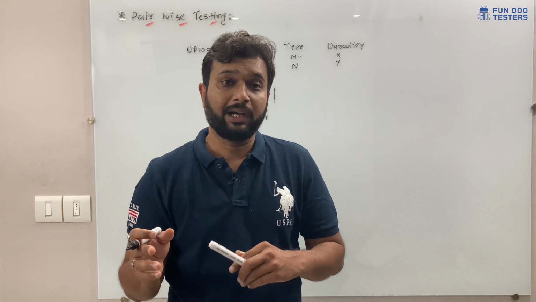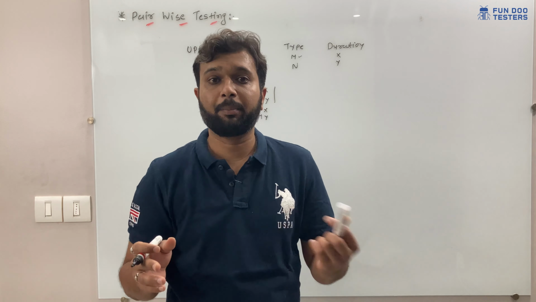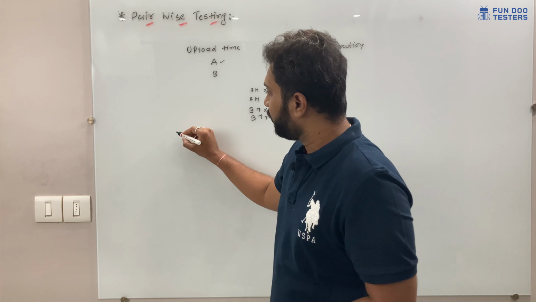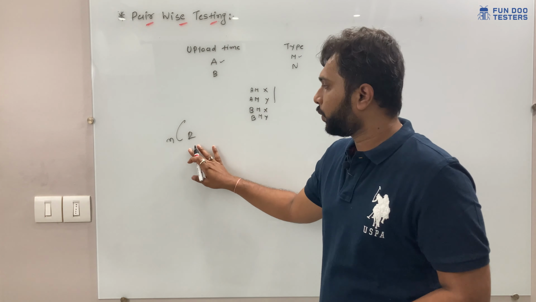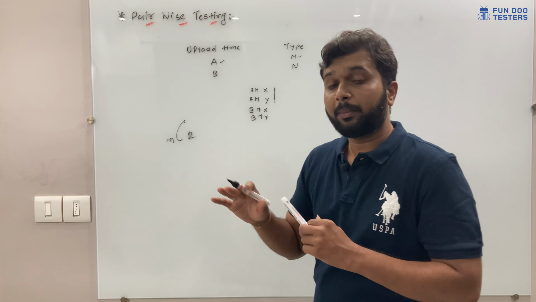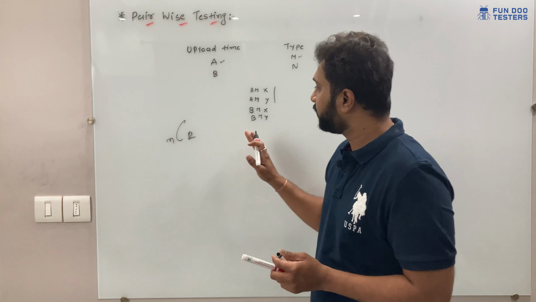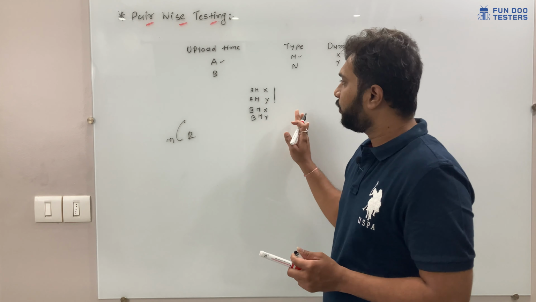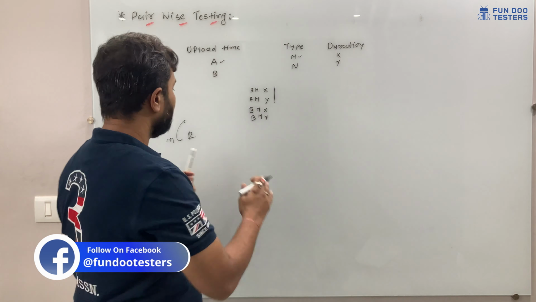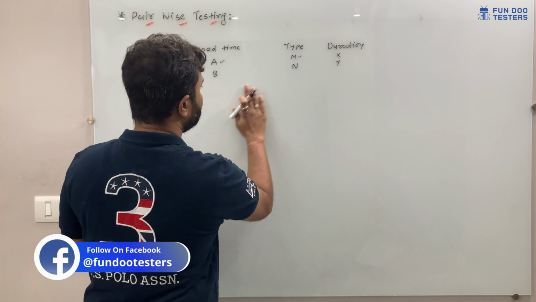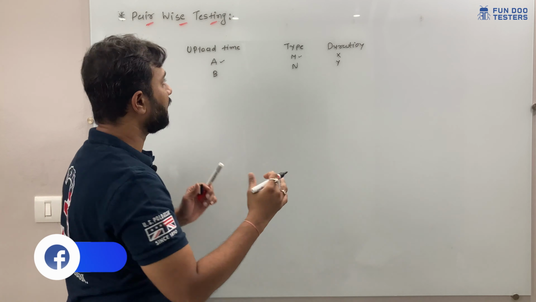If we go back to engineering, we learned probability theory, where we used to solve nCr problems. So based on that, we can make permutations and combinations. So for this scenario, let's say I want to make permutations and combinations. How can we make them? First of all, the easy way is to create a table.